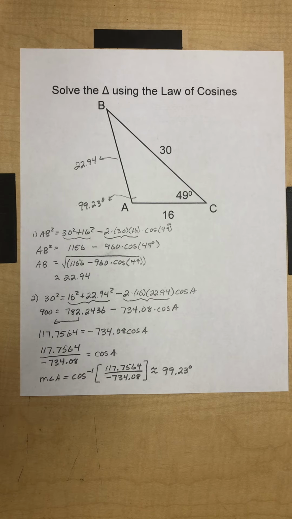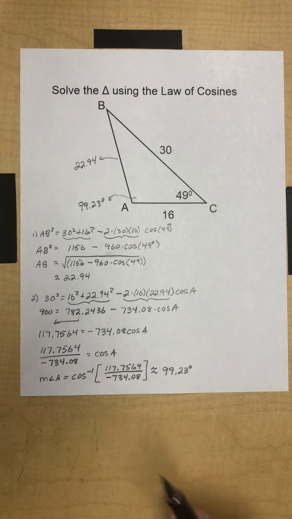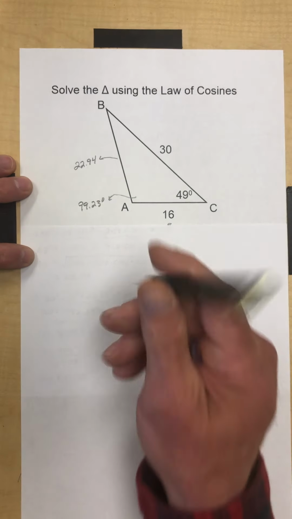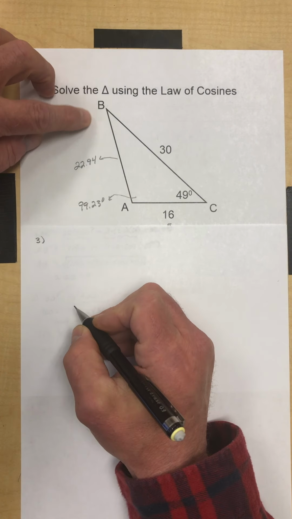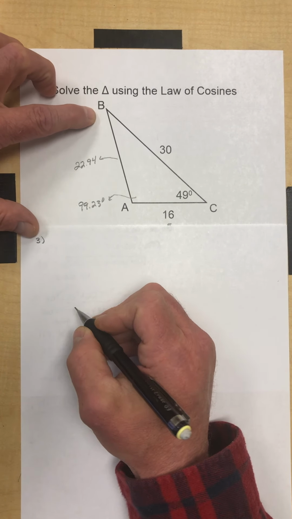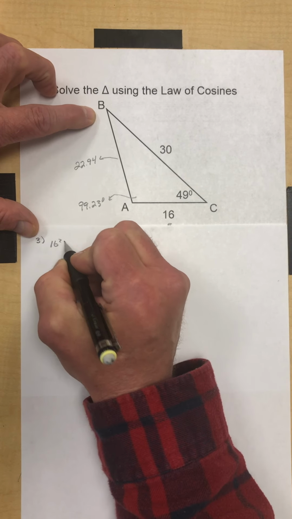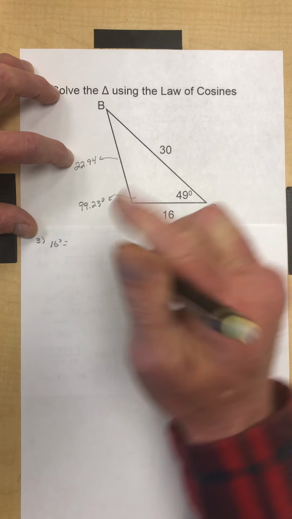Okay, so we're going to use the law of cosines to find angle B. We're going to find a missing angle measure, so it's going to be very similar to this down here. Okay, so let's see, my third one, and I'm looking for the measure of angle B. So I have to start with the side opposite, so 16 squared equals the sum of the squares of the other two sides. So that'd be 30 squared